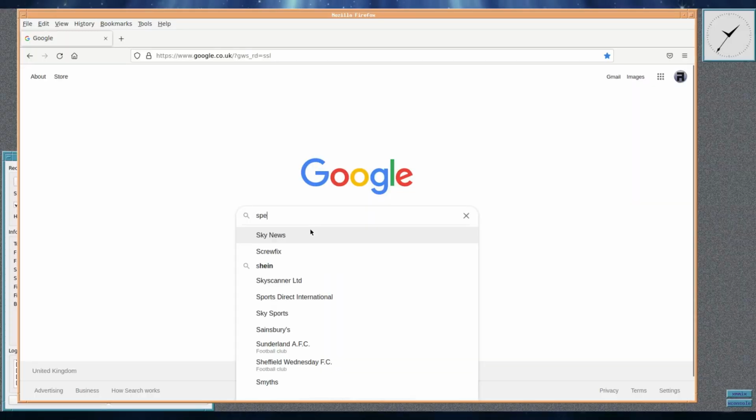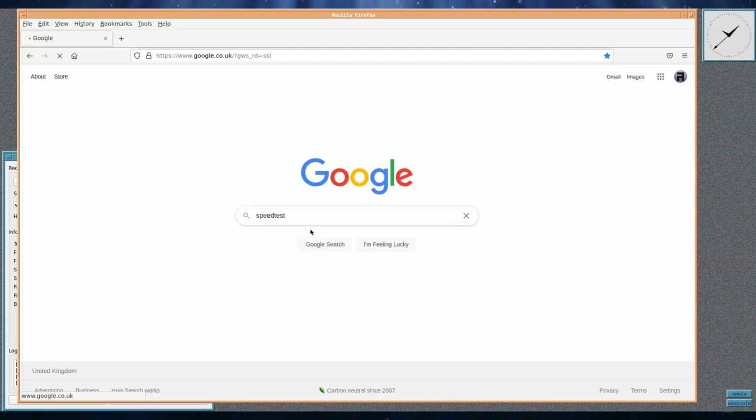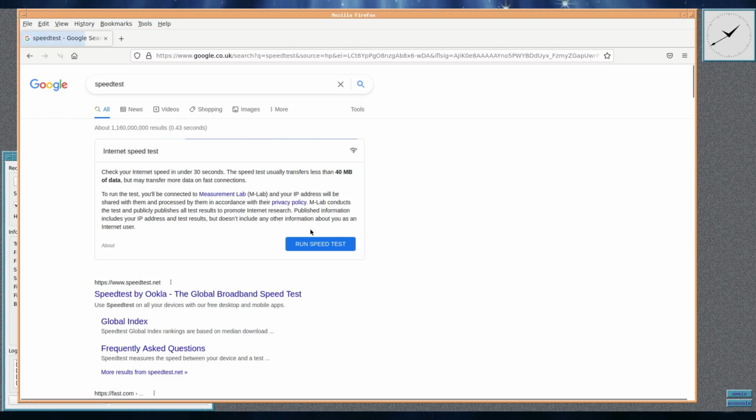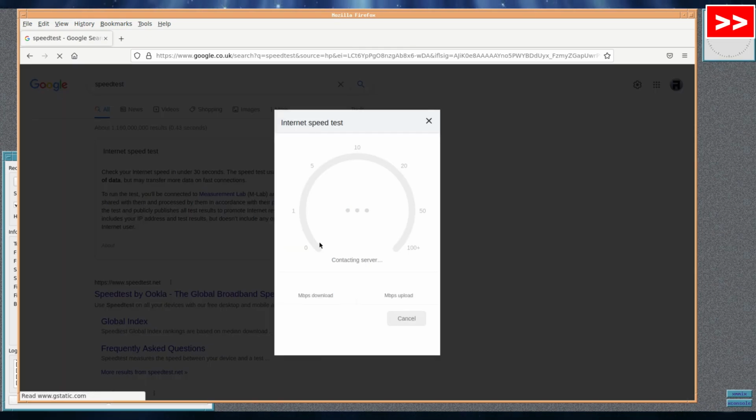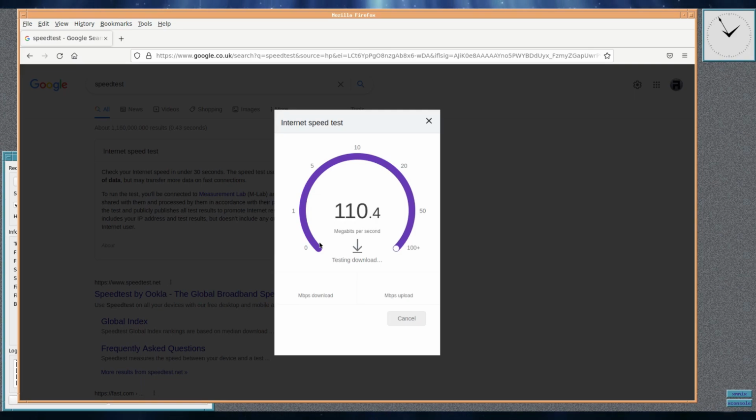And we're just going to run a little speed test. I just want to see how the Raspberry Pi is coping with everything running at the same time, how it affects the speed. I've got quite speedy internet, so we'll see how it goes. Yeah, I've seen it faster, but that's not too bad, I suppose. And uploading is, well,